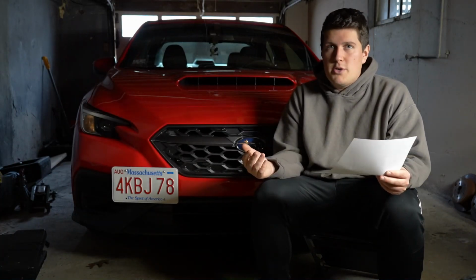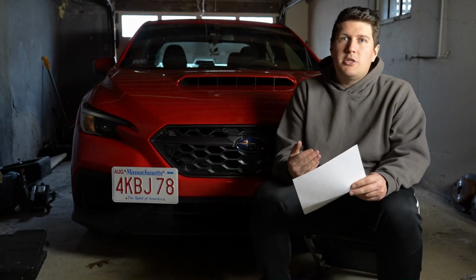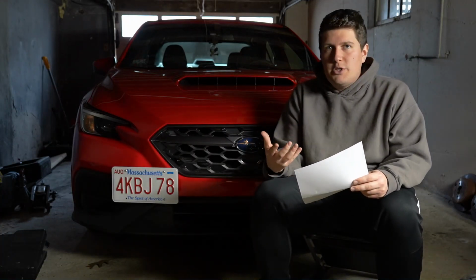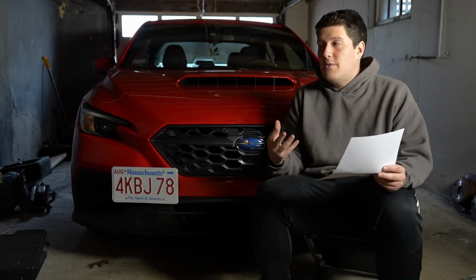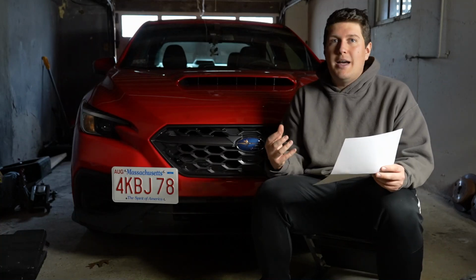Because my initial intention, and what I've done with every car that I've ever purchased, was I just buy my cars cash, right? But I used this tool to make sure I had more room and more negotiating power at the dealer to make sure I got a good deal. Also, again, with the balance of I found this locally and I was doing everything I could not to spend